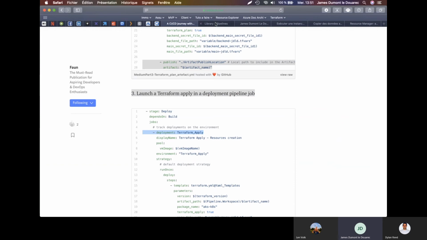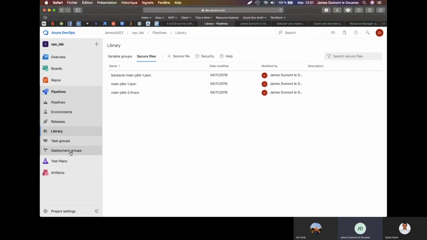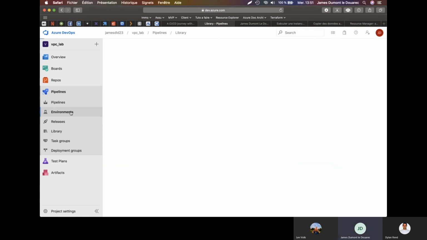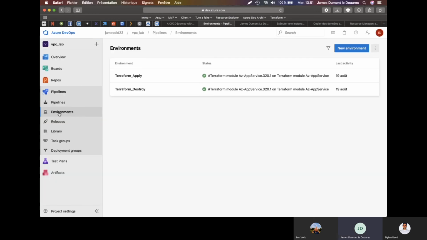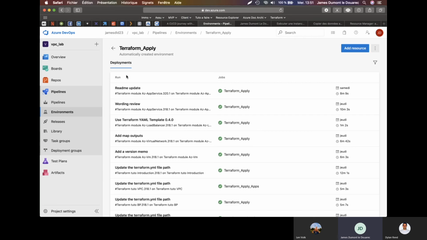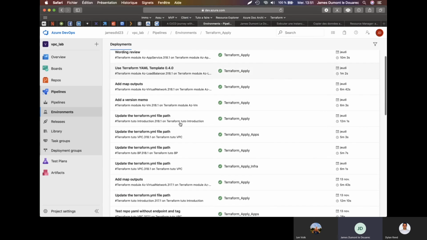And if you have a look at Azure DevOps, you have here the notion of environment. So here it is my environment Terraform apply. And if I click here, I can see all my jobs that run under this context.